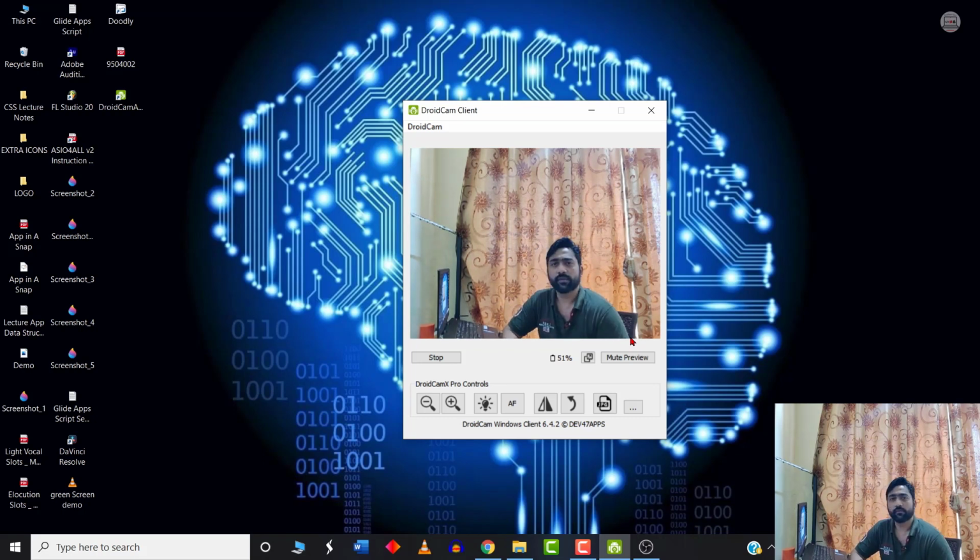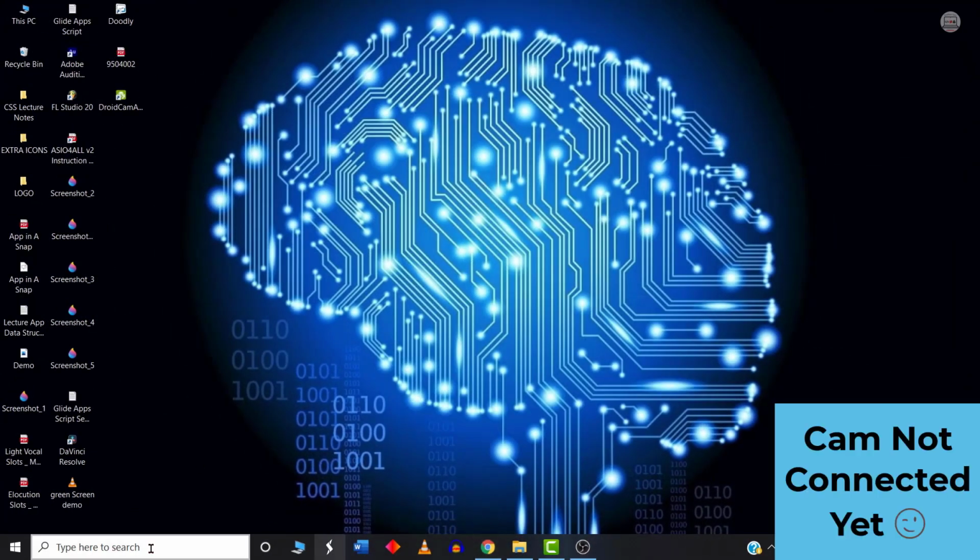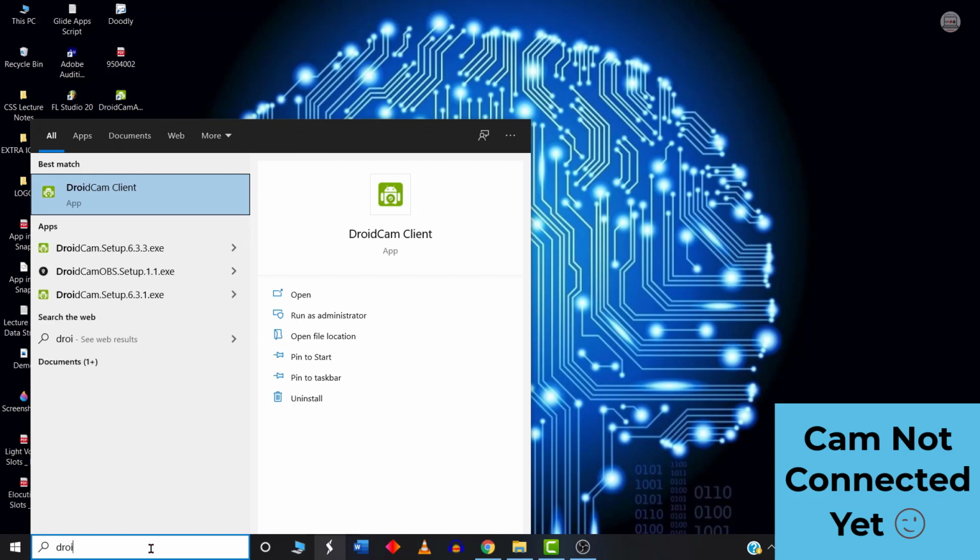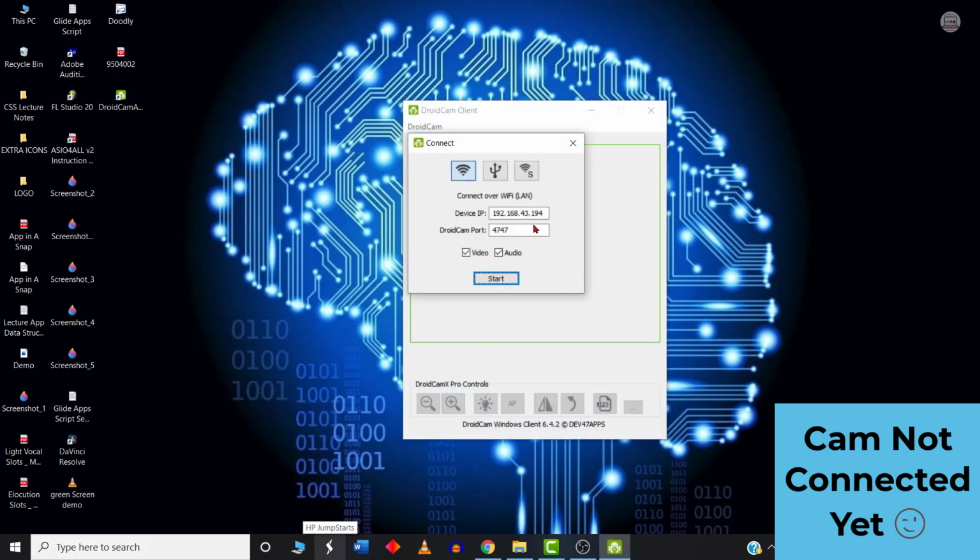It's very cool. Well, the next question that you may ask is how to connect the mobile device or the mobile camera with your Windows client. Well, it's very simple. Simply follow the instructions carefully. After downloading your DroidCam client, simply open that client, and here you have two options basically to connect. First one is the simplest form. If you are connected to a Wi-Fi, then just make sure that your mobile device and your laptop both are connected to the same Wi-Fi. Basically, they should be in the same network.